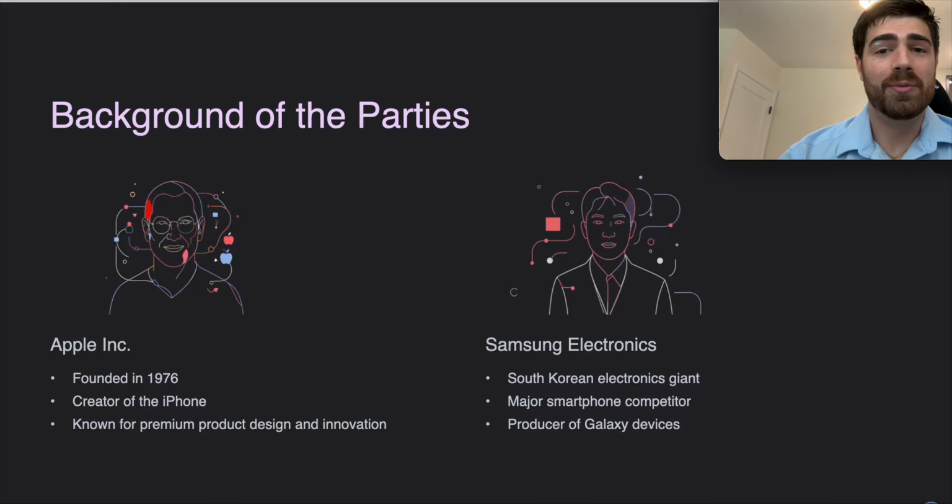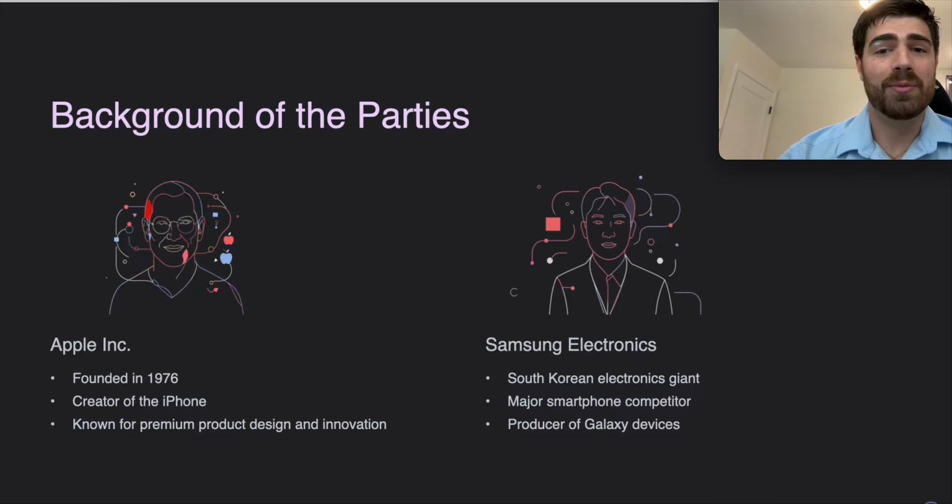So in 2011, Apple filed a lawsuit against Samsung in the United States federal court. Apple claimed Samsung directly copied key features of the iPhone and infringed several Apple patents. Some of the main issues included the iPhone's rounded rectangular shape, the grid-style arrangement of app icons, and touchscreen functions such as tap, zoom, and scrolling features. Apple argued that Samsung intentionally copied these elements to make its phones look and function like the iPhone.